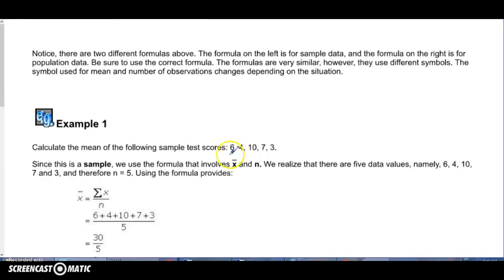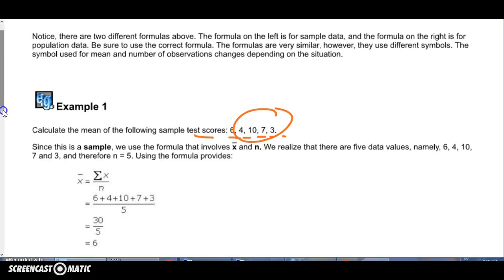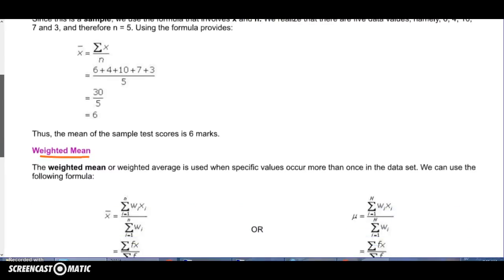So if you want to get the mean of this data, 6, 4, 10, 7, 3, add them all up. There are 5 different test scores here. And we add them up, 6, 4, 10, 7, 3, and divide by 5. There is your mean. Okay, weighted mean,